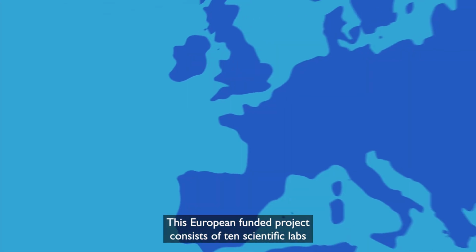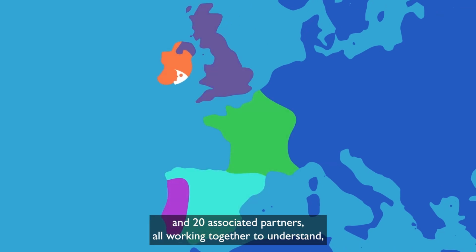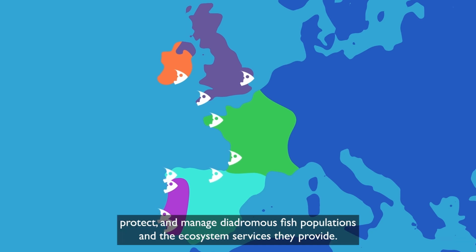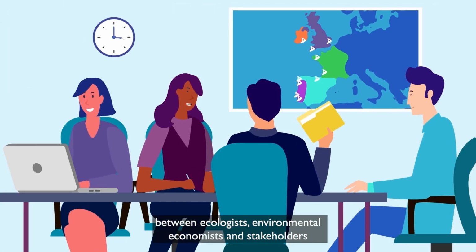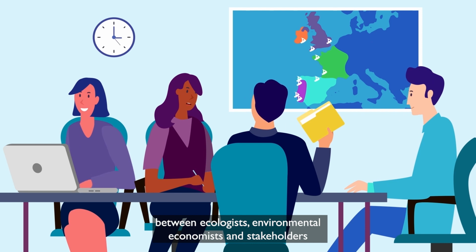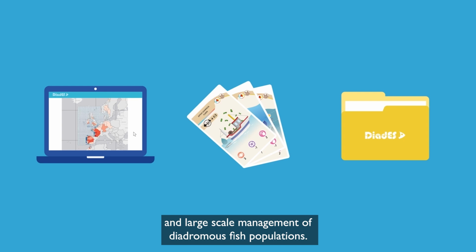This European-funded project consists of 10 scientific labs and 20 associated partners, all working together to understand, protect and manage diadromous fish populations and the ecosystem services they provide. The 4-year collaboration between ecologists, environmental economists and stakeholders has yielded 3 tools to tackle the long-term and large-scale management